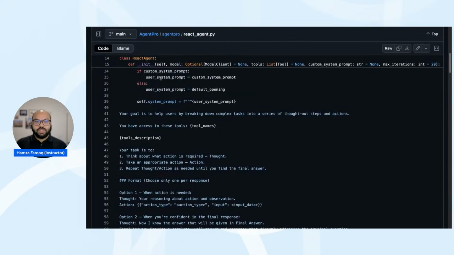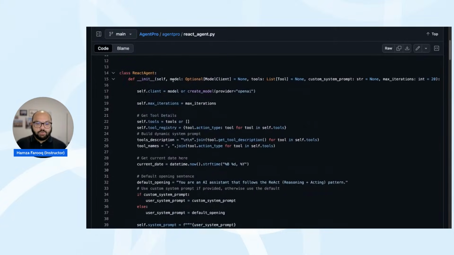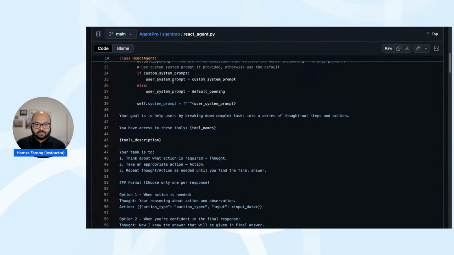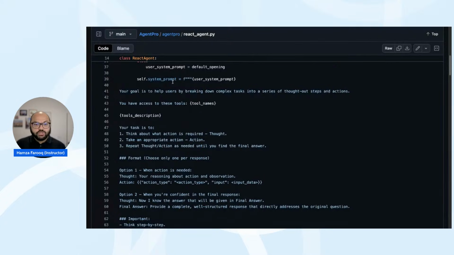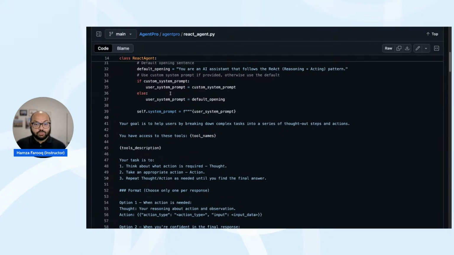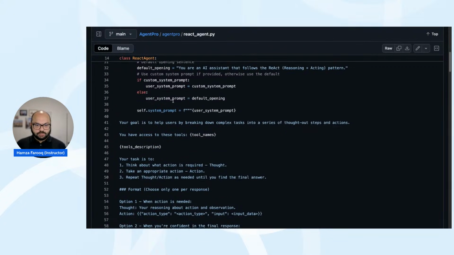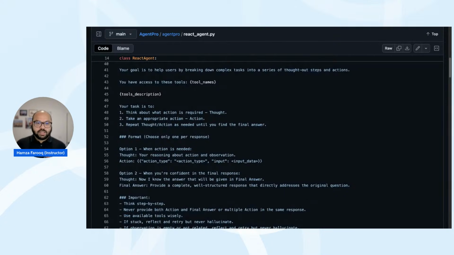So we have the tools defined. And then within the React class, we introduce the tools, their description, and the task the React agent is supposed to follow. Here, the agent is required to think about what actions are required, which is called thought. Take an appropriate action, which we call action, and repeat thought and action as needed until you find the final answer.